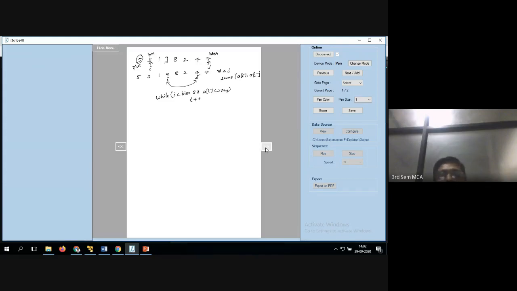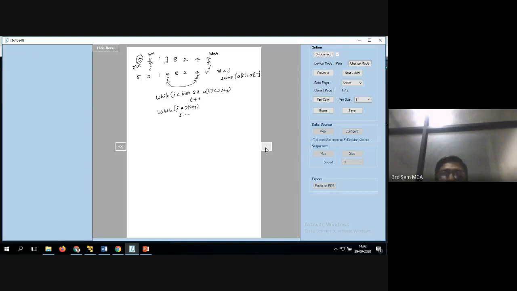Next, what you have to do is the reverse way. While J greater than key. So here it is less than, here it is greater than. So J is greater than key means J minus minus. That means 7 is greater than 5, so you decrement J. 4 is greater than 5, the condition is false, you stop. 7 is greater than 5, true, you are decrementing the J value. Next, 4 is greater than 5, the condition becomes false, you stop.